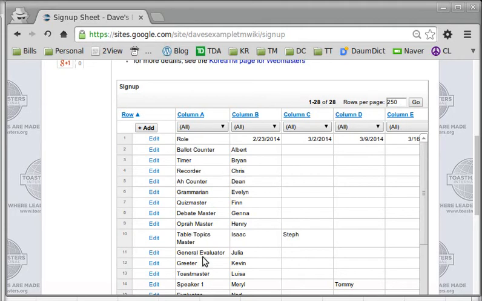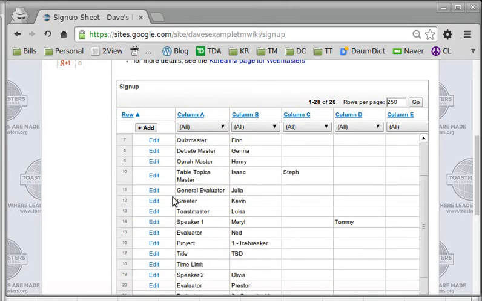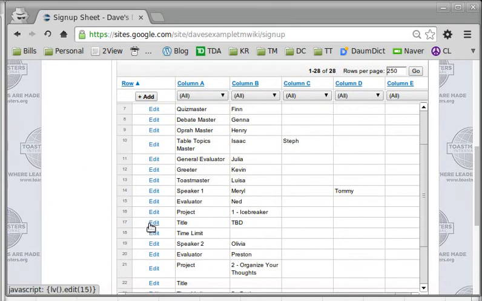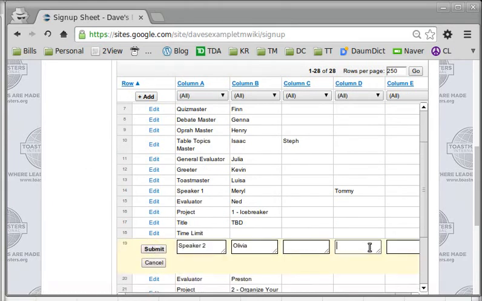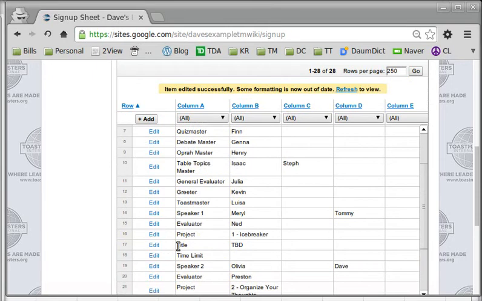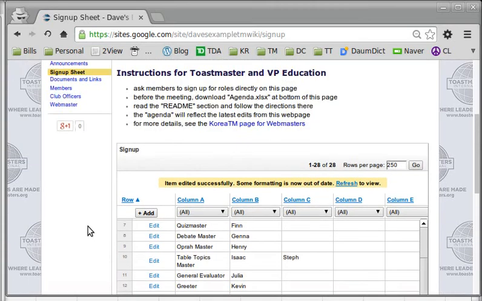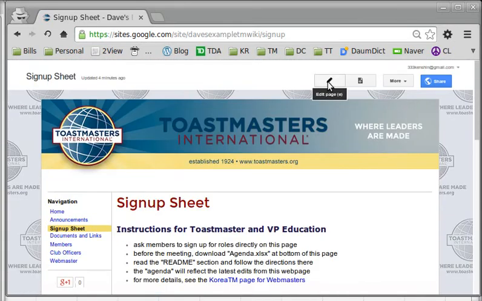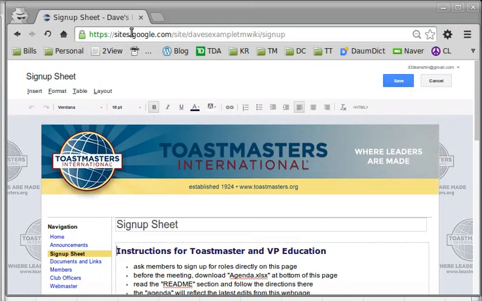So here you have a list of the roles, and if you want to sign up for a role of your own, you can jump in here and let's say Dave is going to submit as speaker number 2. Now maybe your club already has a sign-up sheet, in which case, rather than creating it from scratch,